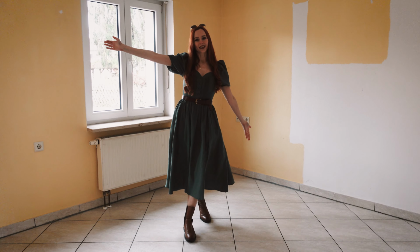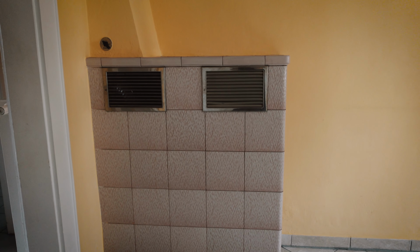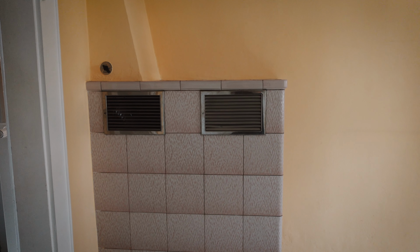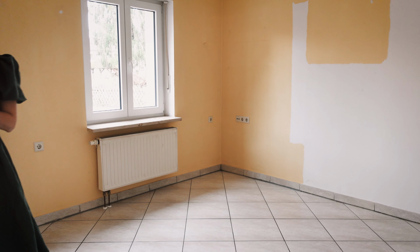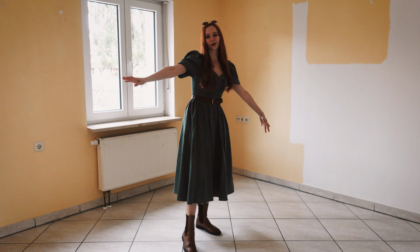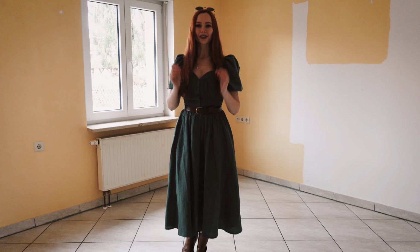We have the dining room here. So here we have this tiled stove at the moment. And I'm going to replace this with a fireplace where you can actually see the fire. And here we're gonna have a large wooden table so I can invite all my friends over. This room is gonna be